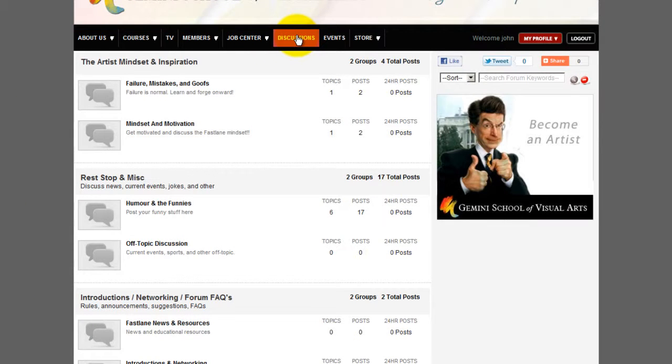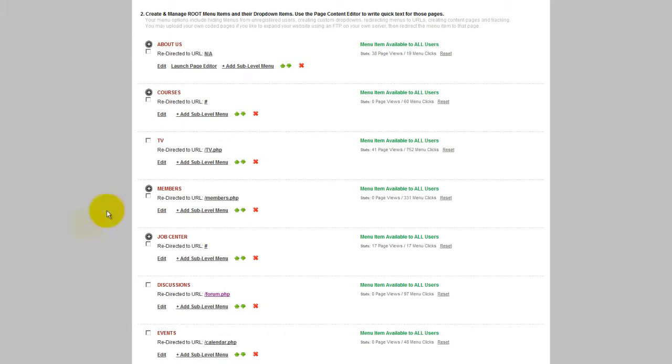Next thing I would like to show you is how to add another drop-down but actually create a dynamic page without creating it in Dreamweaver or Notepad or WordPress or any other website. So let's assume that we have an article, and this time we're going to create a new sublevel item, and